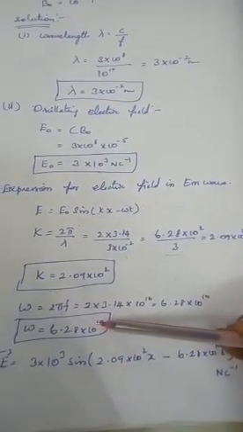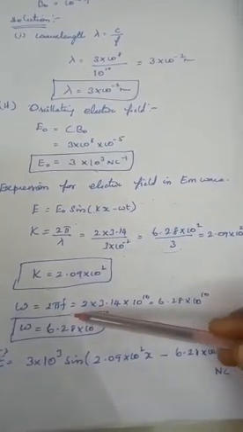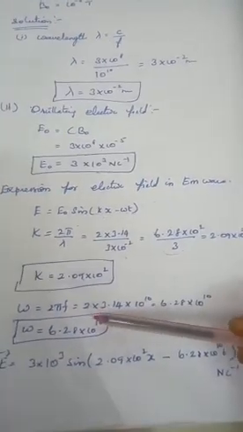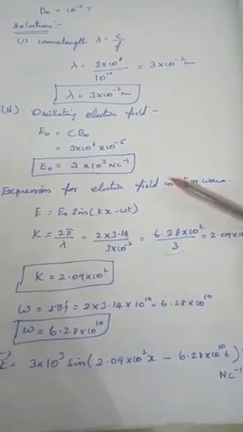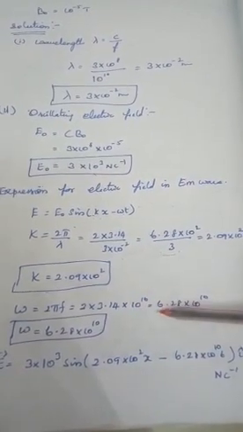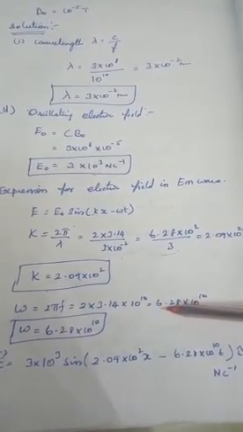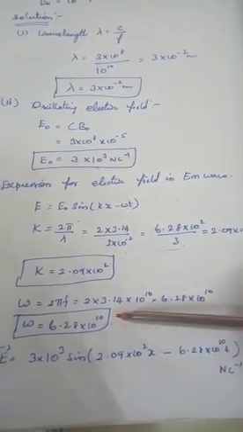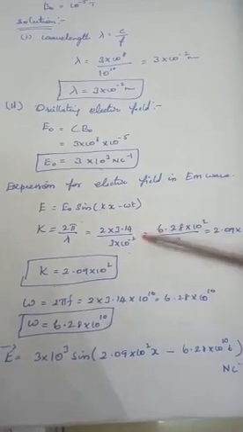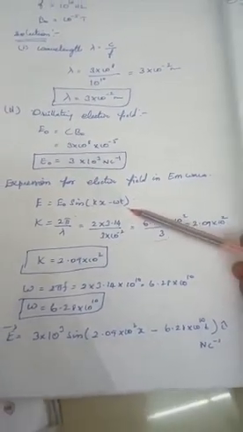And also find out the omega value. Omega is equal to the general formula 2 pi f. So 2 into pi value 3.14 into f, which is 10 to the power 10, is equal to, so minimize that value, 6.28 into 10 to the power 10. So that is your omega value. Then substitute all these three values in this equation, that is, the expression.